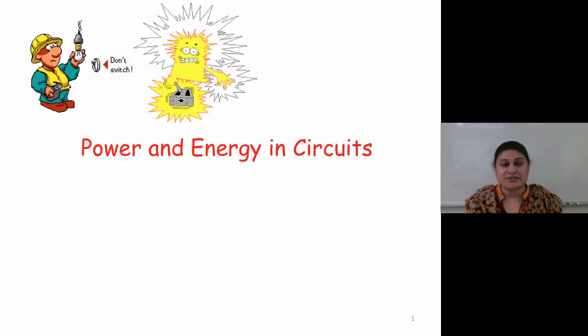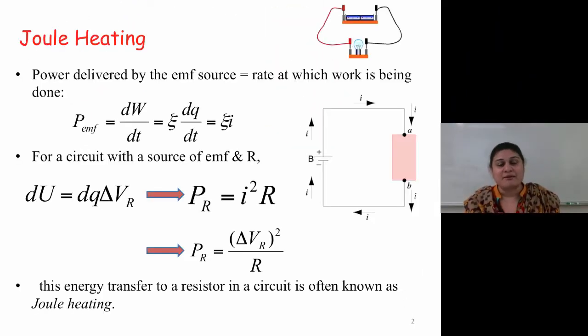Power and energy in circuits. Power delivered by the EMF source is equal to the rate at which work is being done. So the power is equal to delta W over delta T, which is equal to EMF times delta Q over delta T, or EMF times I. For a circuit with a source of EMF and a resistance, delta U equals delta Q delta V,